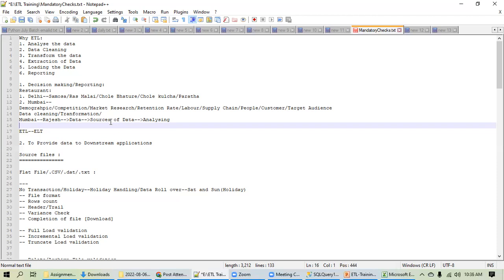You should not do the analysis in the slum area. If you are creating a product targeting slum area people, then you have to do the analysis in the slum area and you should not go to the posh area. So you should be clear with the source of data from where you have to gather it.